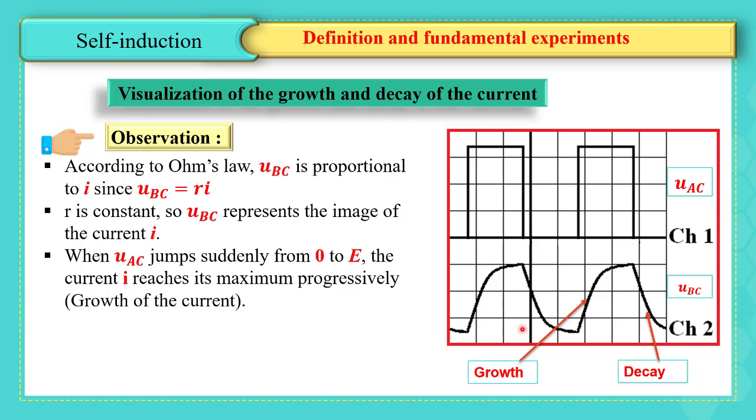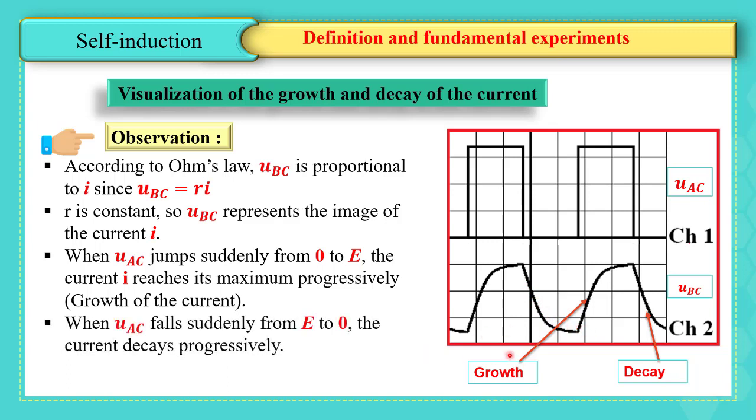While when UAC falls suddenly from E to 0, the current decays progressively. This observation can be explained as follows. When the current flowing in the coil varies, the coil is the seat of self-induced EMF, E. According to Lenz's law, E tends to oppose the variation of this current, so it delays the growth and decay